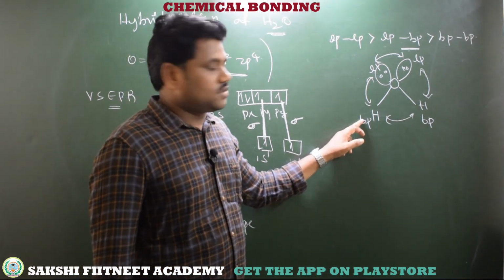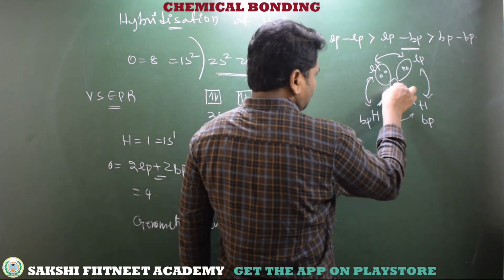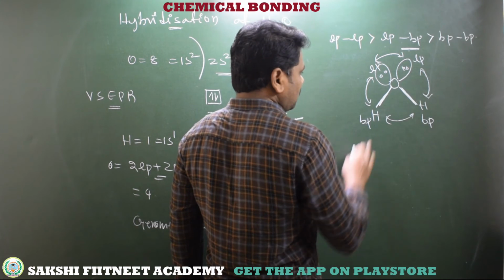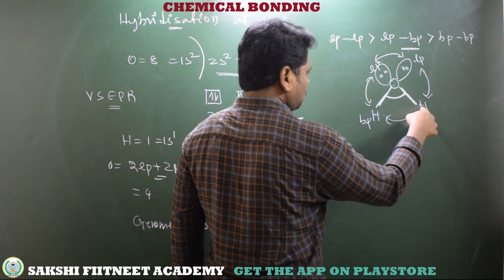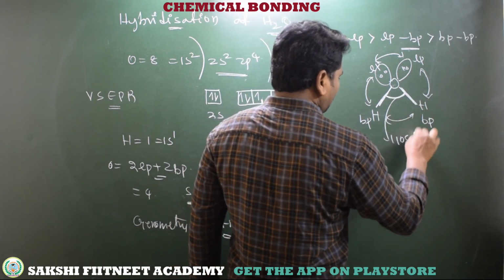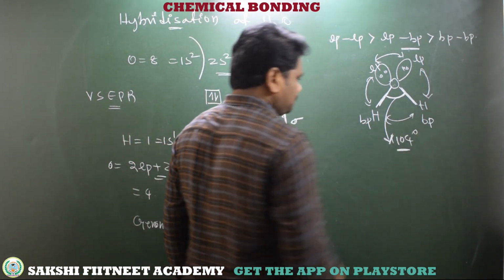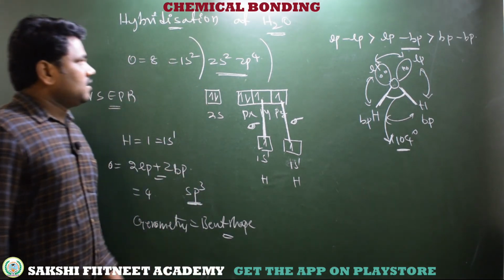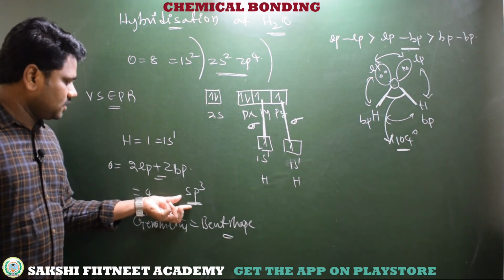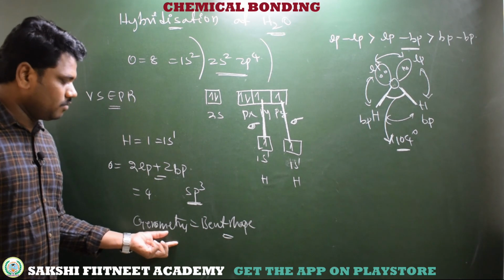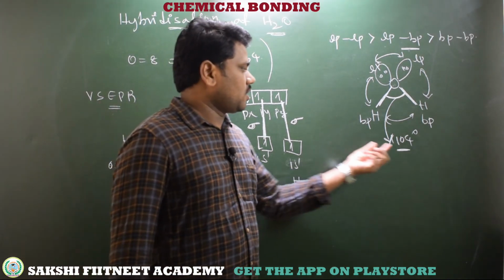This is the structure. After arranging the orbitals, we have bonds that are bent. When we calculate the bond angle between the two oxygen to hydrogen bonds, we get 104 degrees. This is called the bond angle. So this is the hybridization of oxygen in water molecule: 2 lone pairs, 2 bond pairs, sp3 hybridization, total 4 orbitals. The geometry becomes bent shape due to valence shell electron pair repulsion theory, and this is the structure and bond angle.